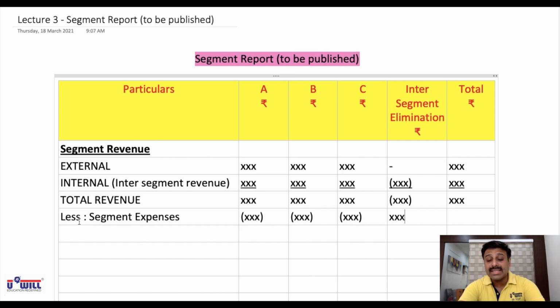Now here, the inter-segment elimination, you'll add it back. Okay, like in revenue, in inter-segment elimination, to eliminate the inter-segment sales we minus it. Same way, expenses we subtract, but to eliminate the inter-segment expenses we add it back. We do the reverse. Okay, again, so that in expenses there is no double counting. Same reason. In sales there is no double counting, so you minus it. In expenses also, so that there is no double counting, you add it back, so that the same expenses are eliminated and included only one time.